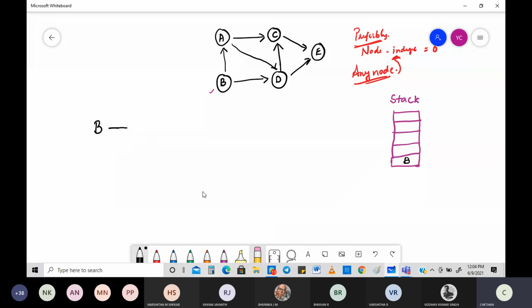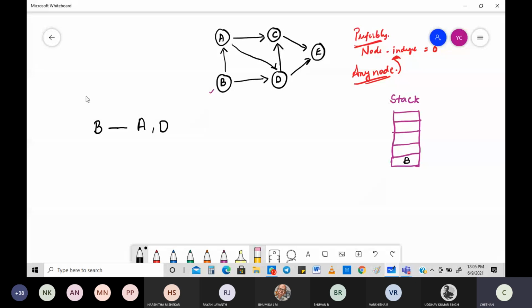For B, what are the neighboring nodes I have? When I say neighboring nodes, the nodes that are going out from B. That needs to be kept in mind. The nodes that are going out from B are A and D. Check this.